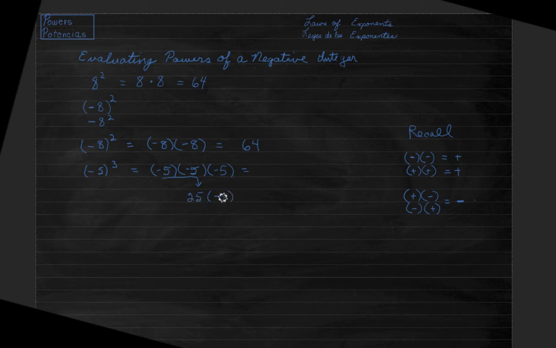So here no longer am I multiplying two numbers with the same sign. Now they have different signs, so it's positive times negative, which will give me a negative. Now the number I get, I find it by multiplying the absolute values, which are simply the numbers without the sign. So here is 25 times 5. 5 times 5 is 25 and carry a 2. 5 times 2 is 10 plus 2 is 12. So my answer will be a negative 125. And that is my answer.